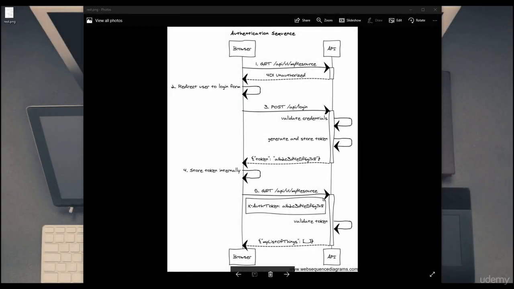Hello everyone, welcome back. So last time we talked about session management, and we know that we're gonna use Spring